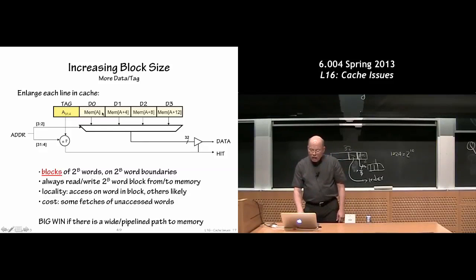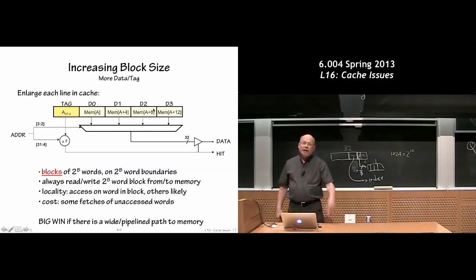The other thing that's nice about this, in a memory system that has a high latency but good throughput, is that we have to pay a lot to get that first word, but the next words will come a very small number of nanoseconds later because of the pipeline nature of the memory system. So we're able to bring in a lot of different words in a row very quickly. Typically we have a wide path from memory, and then we can use the pipeline nature of our synchronous DRAMs or DDR RAMs to actually fill up